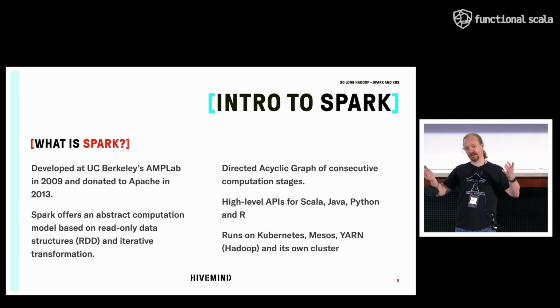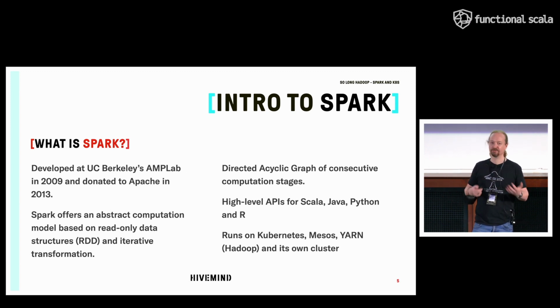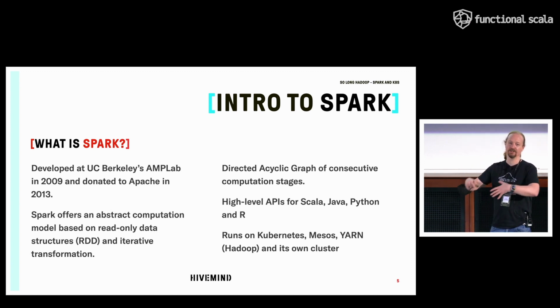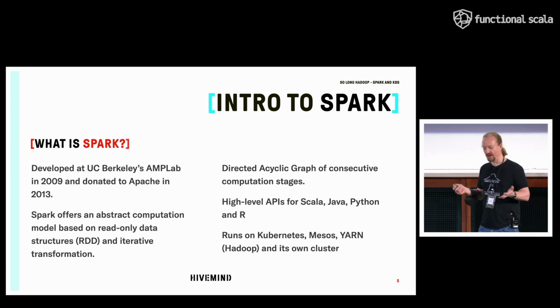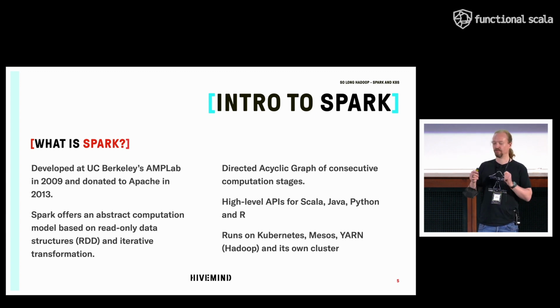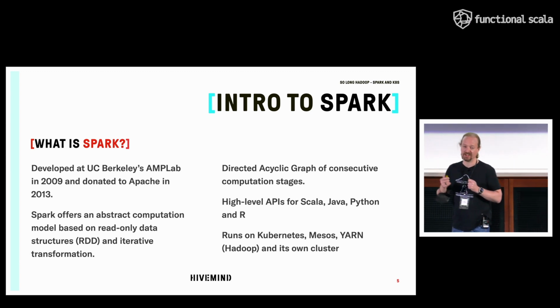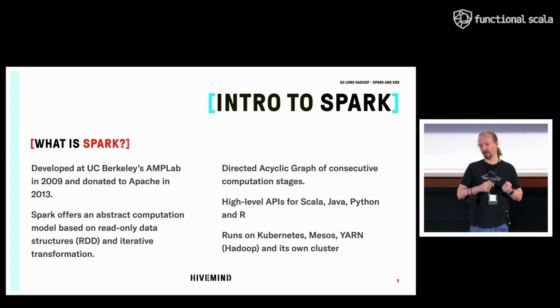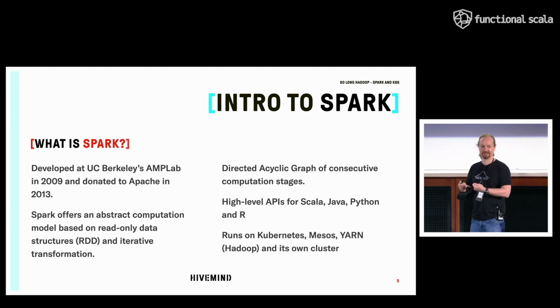And then to make the adoption easier, we're going to offer different high-level APIs for different languages. Even though everything is written in Scala, you also have an API for Python, even R, and Java, right? And the interesting bit, also historically, is that Spark's been a major driver for our community. A lot of companies started adopting Scala specifically because they wanted to use Spark, right? And in my experience, I personally also introduced Scala to quite a few companies just because I had Spark as an argument. So it was a good thing, right?